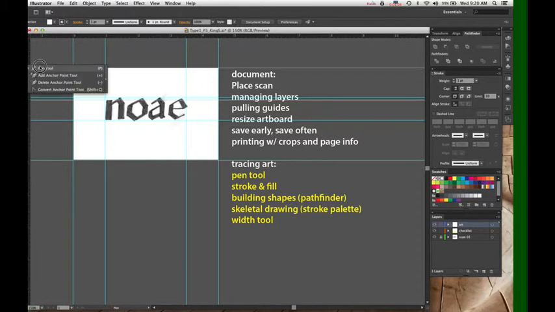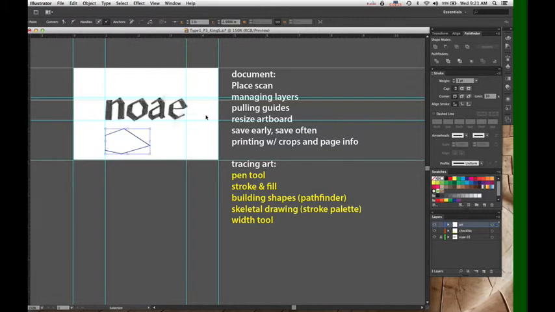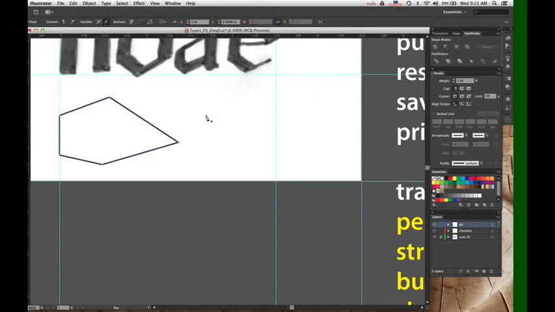Those of you who have used Illustrator before, you may be familiar with the pen tool. It's the main way that you draw in Illustrator. It can be as simple as just connecting dots and lines.